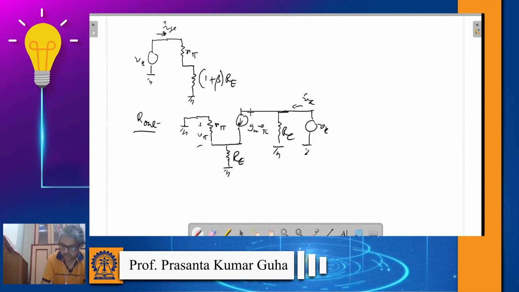So R out we can straight away write equal to RC. Okay, R out we can straight away write equal to RC, right? So I thought that I just discuss one important point to be noted, as the gain. You see the gain of such circuit is RC over